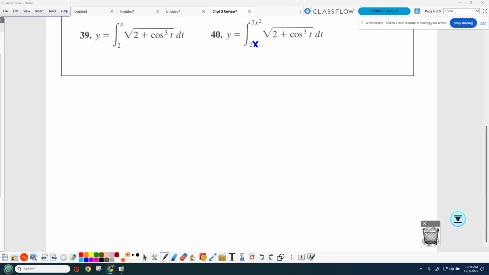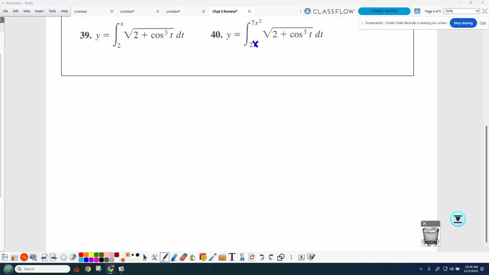In the first one, the stuff was x, derivative of x is 1. Now minus plugging in the 2, but the derivative of 2 is 0, so I'm going to stop there. That's the answer. The second one, the derivative of the integral is the stuff inside,